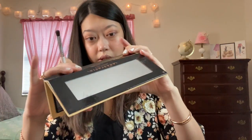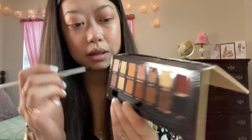Sometimes I do darken up the outer corners, but because this is just a nice spring look, a daytime look, I'm not going to darken out the outer corners of my eye because I just want that really faint kind of look. And then lastly in this palette, I am going to go into Glistening here,